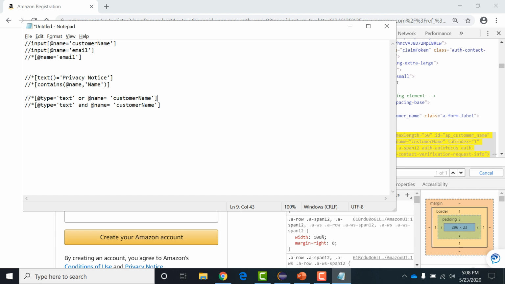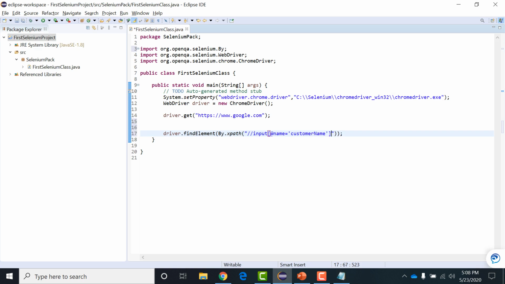And if you're not sure how to use it in scripts, just copy the expression that you have written, and go to your Eclipse and just paste it inside the string. That is the only thing that you need to do. Just copy that and paste it in your Selenium code.